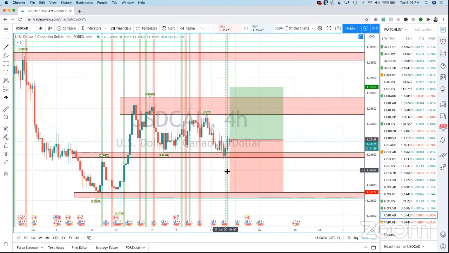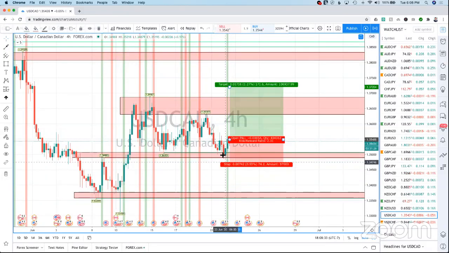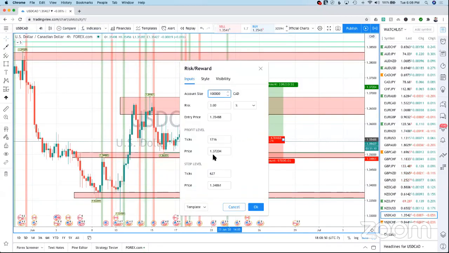For the most part, right now, that's pretty much the time frame that I primarily trade on. I do trade the US 30 on the 10-minute. That's how I take my daily US 30 strategy. That's the only one that I trade that's not on the 4 hour. Pretty much all other FX trades are taken on the 4 hour. But the K2 strategies work on all time frames, so depending on how you trade,